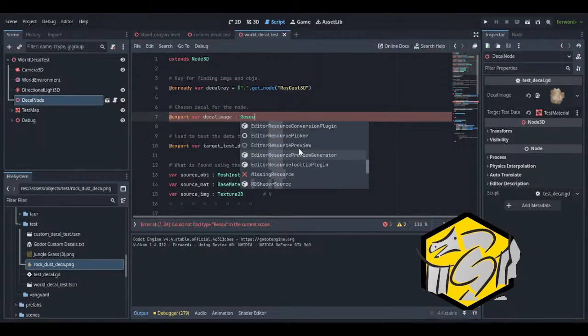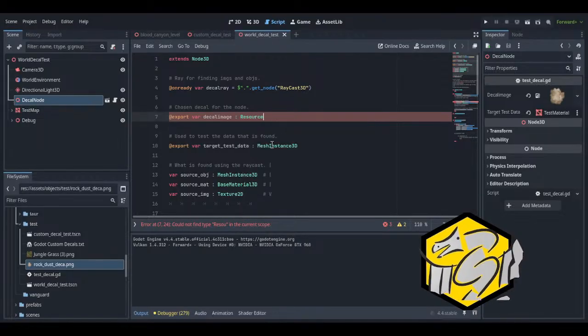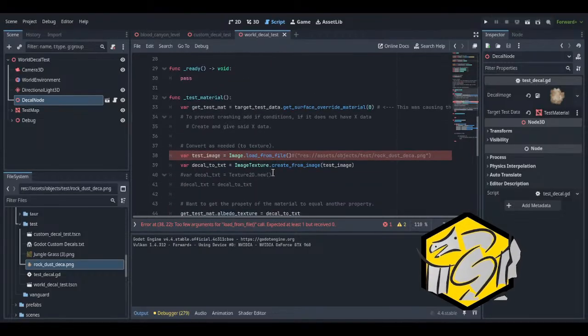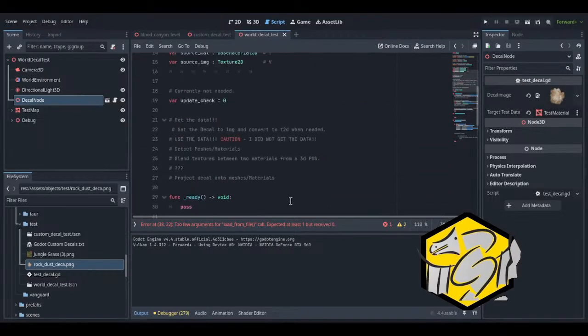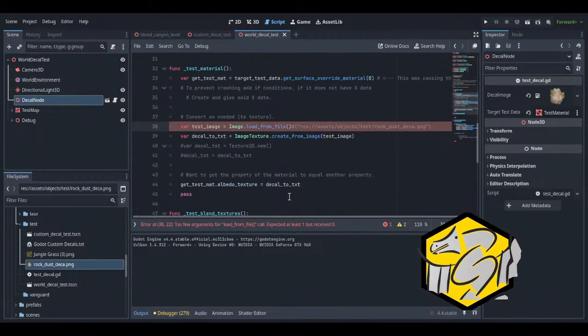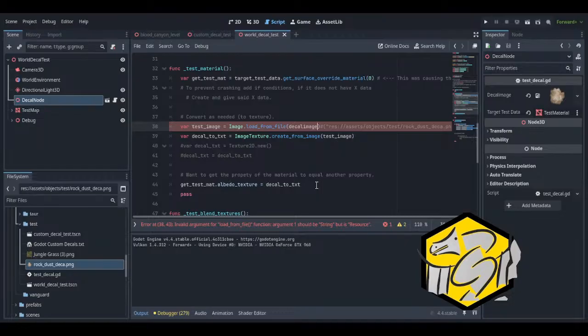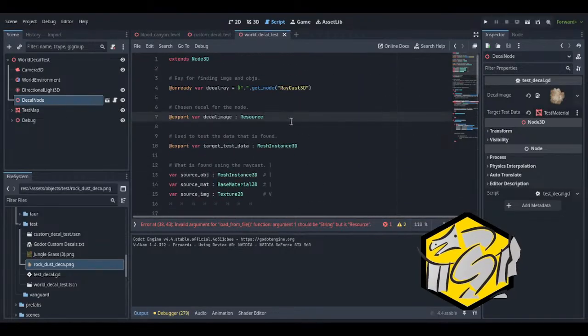Maybe a resource? Resource path, I think.